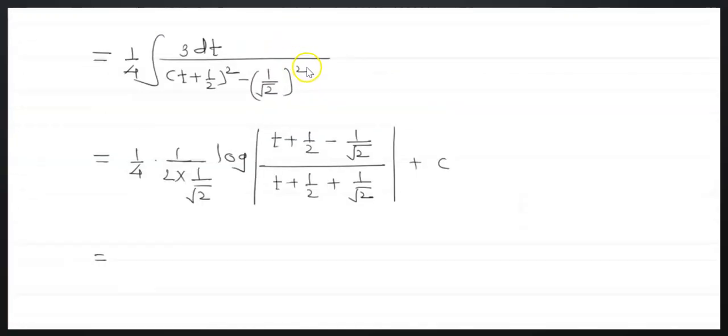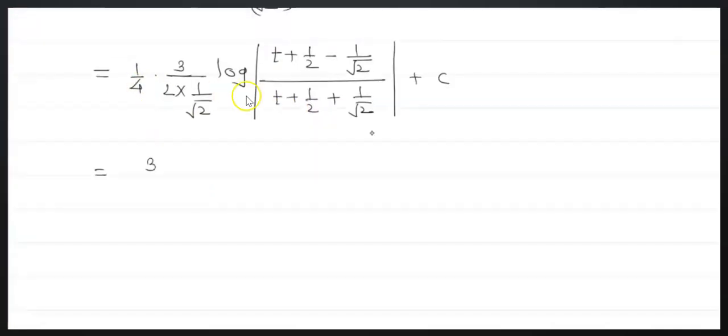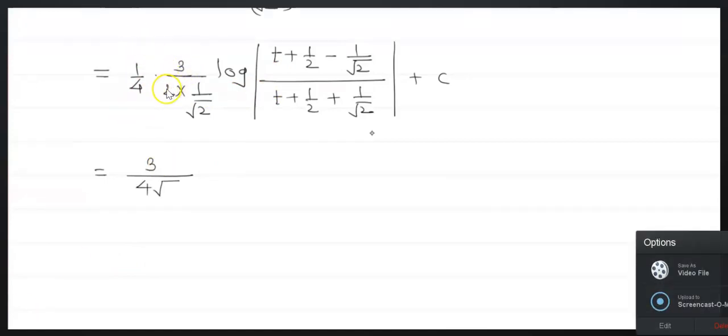I had not written the 3. So 1 by 4, 3 upon 2 into 1 upon root 2 log of mod of t plus 1 upon 2 minus 1 upon root 2 upon t plus 1 upon 2 plus 1 upon root 2, plus c,